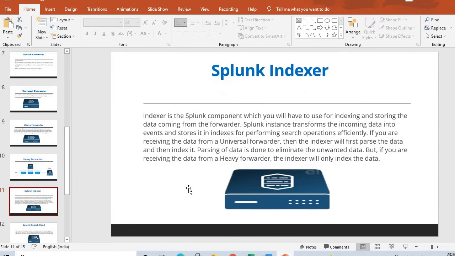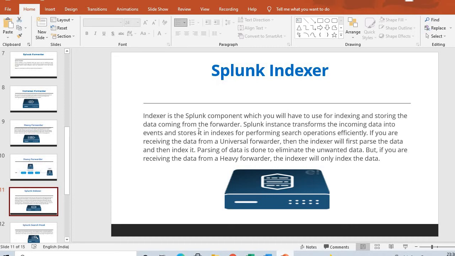Okay, Splunk indexer. Now we are done with the forwarder. Now let's move to the indexer. What is an indexer? To understand the indexer, the logs or data collected from the client machines will be coming into the forwarder. From there it will come and be there in the indexer basically. The major role of the indexer is that the data will be there till you search the data